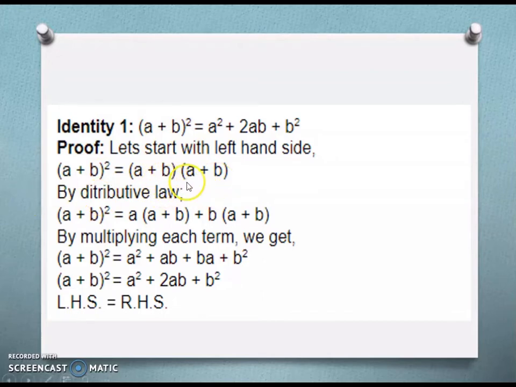Now we have seen multiplication of binomials already. What we do is we multiply the first term with the entire second expression and then the second term with the entire second expression. So a into (a + b), plus b into (a + b). It can be written like this. Then you will multiply each term. a into a will give you a². a into b will give you ab. Then b into a is ba, plus b into b, that is b². So this ab and ba are the same terms only. You can combine them. So a² + 2ab + b². This is the algebraic proof of the identity.